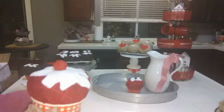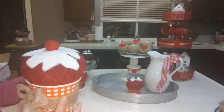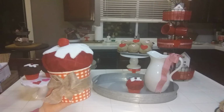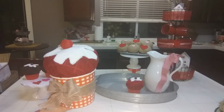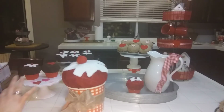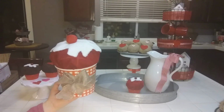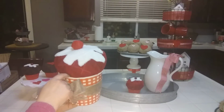Sorry, I don't know how that got cut off. But, so I just put a little bit of burlap ribbon from the Dollar Tree around this. Now, if you don't have a little bucket like this, you can use anything. You can use a bowl from the Dollar Tree, what have you. I love this because it's a gingham, but if you are not into country or farmhouse or rustic or anything like that, you're just going to do this. I honestly think this whole setup looks like a sweet little bakery. It's not any particular style, but if you don't have this bucket, use anything. Like I said, a bowl, a mixing bowl, because we didn't glue any of it down,